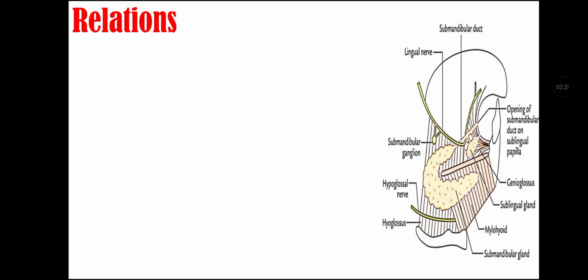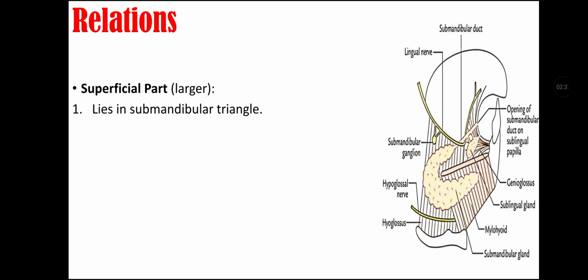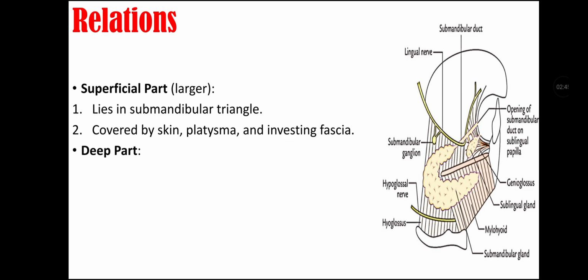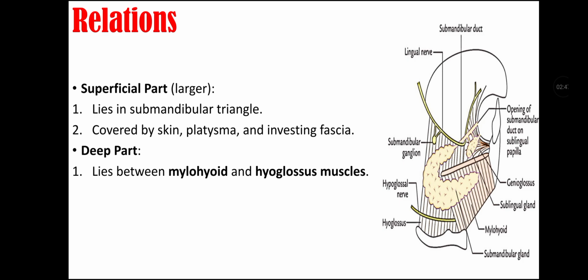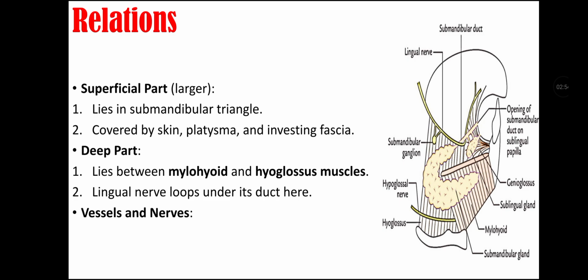Talking about the relations of the submandibular gland, we will first talk about the superficial part, that is the larger part. It lies in the submandibular triangle. It is covered by skin, platysma, and investing fascia. The deep part of the submandibular gland lies between the mylohyoid and hyoglossus muscles. The lingual nerve loops under its duct here. And now talking about vessels and nerve supply of the submandibular gland, there is a special artery that grooves its